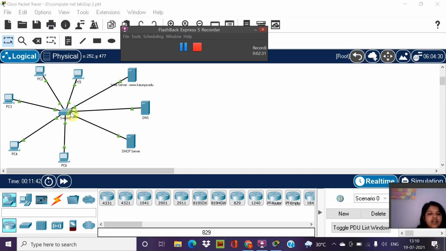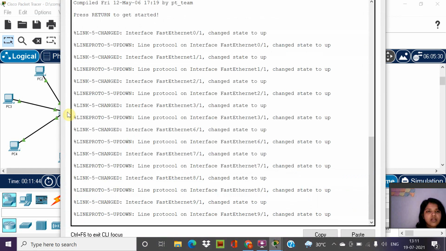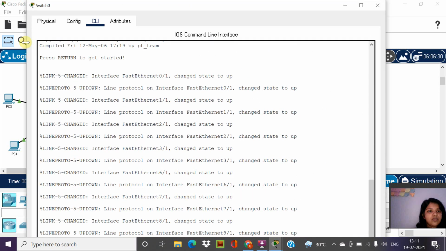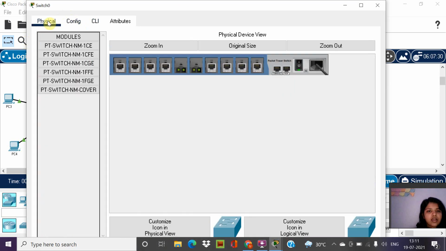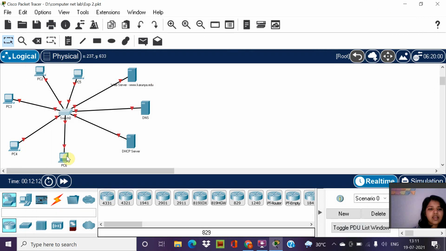So we'll press on the switch, go to the physical tab of the switch, switch the switch off, and then drag the PT-SWITCH-NM-1CFE to the first port, then switch it on, close the tab, and then connect the fifth